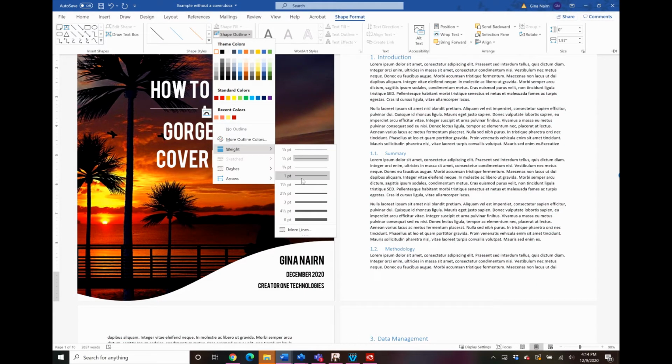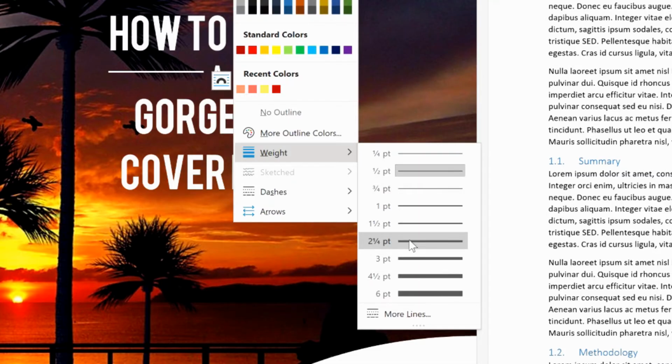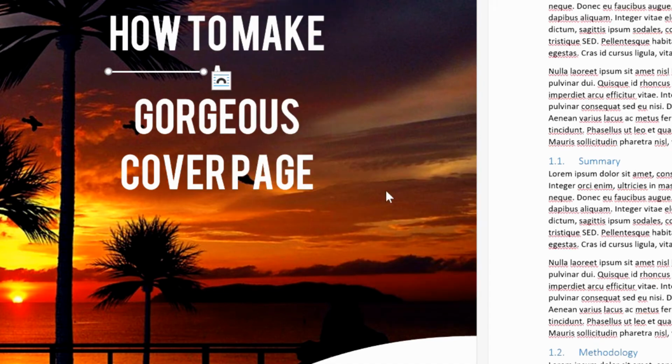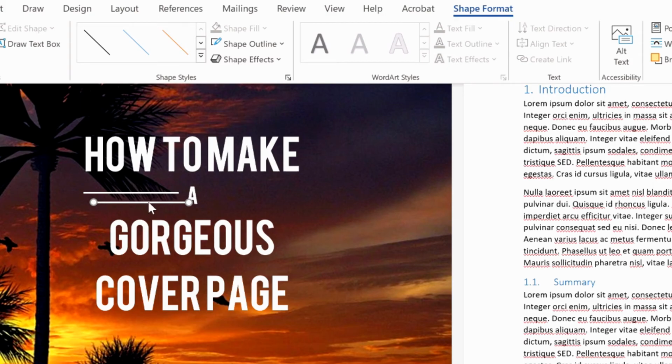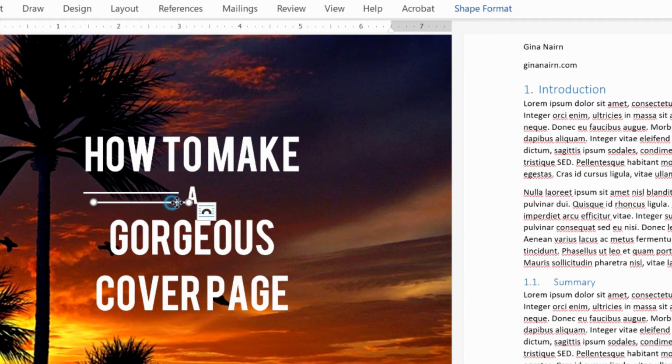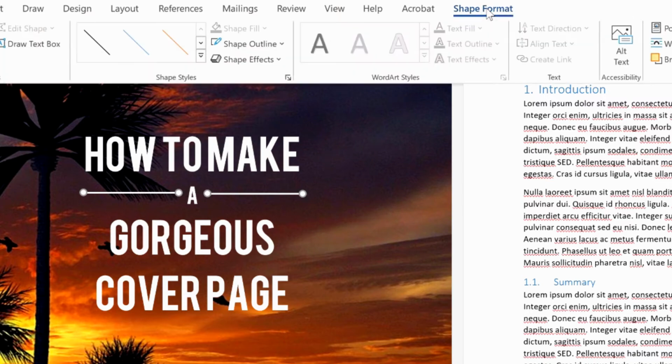So let's go to, I think 2¼ point is great. And then I'm going to copy that and paste it. And I'm going to move this one right over here to the other side. And then I'm going to click on both of them and just make sure that they are absolutely aligned with each other.